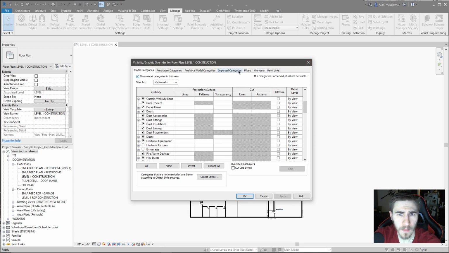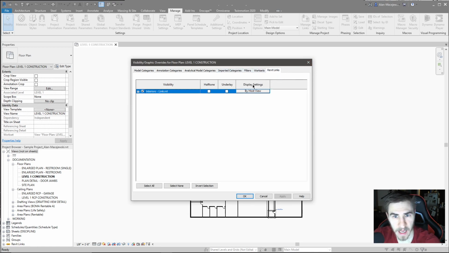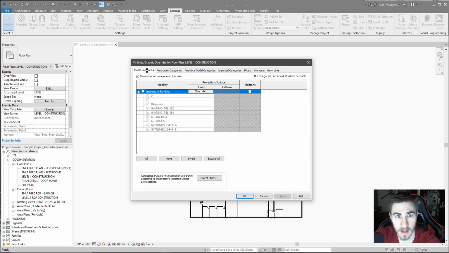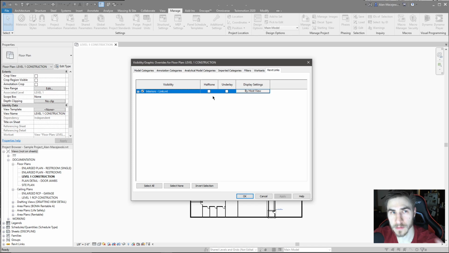Great. But when I come to Revit links, I actually have a display settings over here, and it's currently by host view. So what does this mean? This means that every visibility graphics setting that I have set up between all these tabs is going to apply to this link as if it's just a part of this project. And it's good by default to do that because